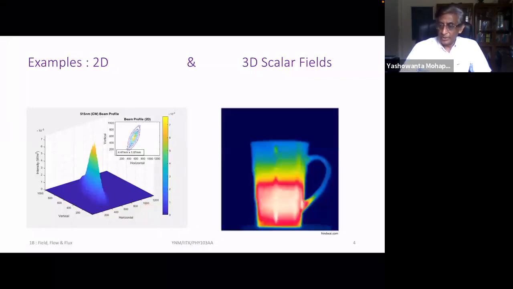How about a 3D scalar field? This is temperature. Okay, there is something hot inside the cup, and so there is no fourth dimension to plot the temperature. Okay, and hence it is just color coded to tell you how the scalar field is changing in this domain. Okay,